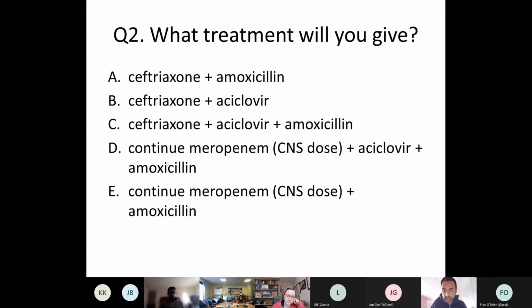So these are all potentially things that might happen in ED and AMU, to be fair. And I've seen various combinations of various drugs being given. Would anyone like to suggest anything here? Again, this is why I did have the anonymous answering before, but I don't think it will work. We would usually do it probably on ITU. Yeah, so meropenem, acyclovir, amoxicillin. Any particular reason? It covers pretty much everything and gets you out of a hole.